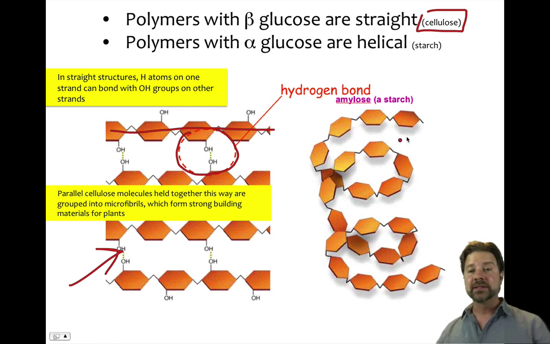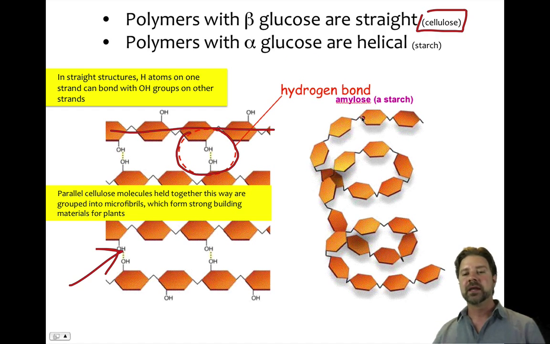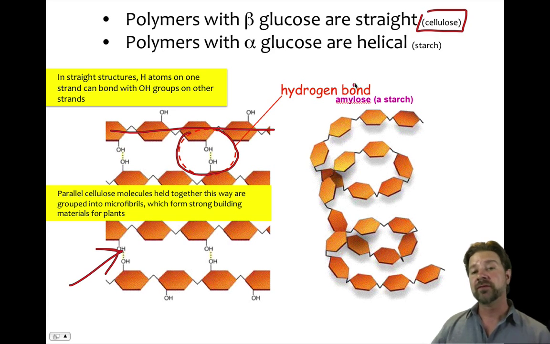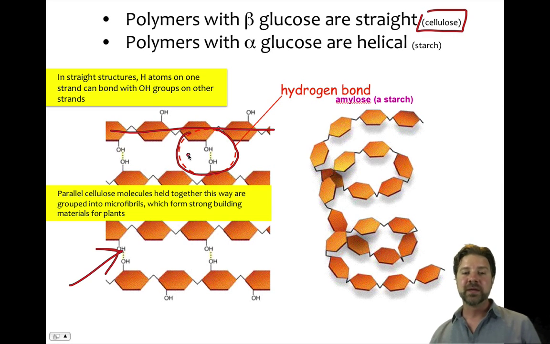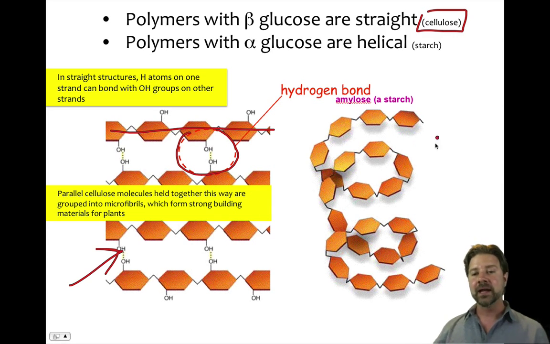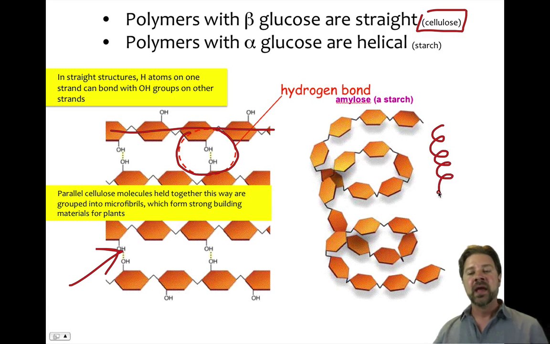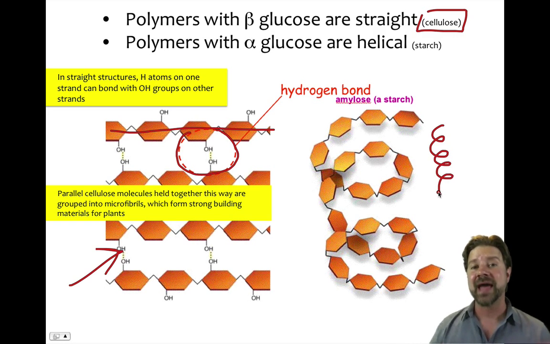Now, on the other hand here, we had the alpha glucose, the one where we had basically the connection that always went downward from the previous slide, and that's going to be prevalent in what we said here was amylose, the starch. And starch is going to be something that doesn't form these big organized sheets like that. Instead, it forms this helical shape,